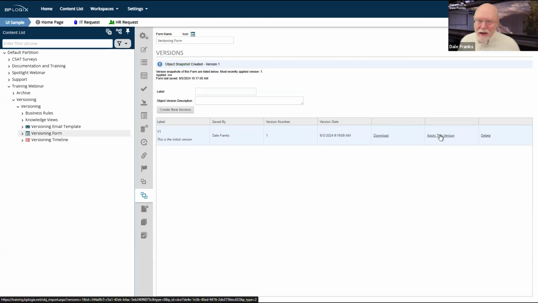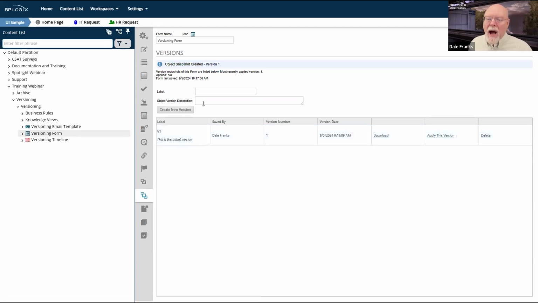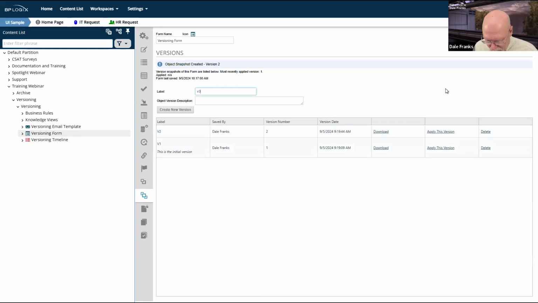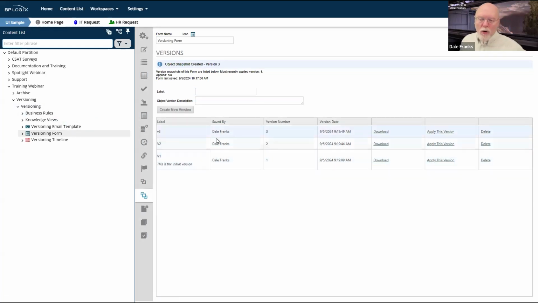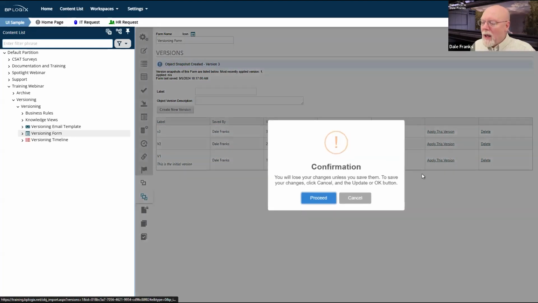Now, unlike the history tab, this is not a rollback. It's literally applying the version itself. And so I can have multiple versions. I can have V2. So let me just create a couple of versions just to create them. And V3. And presumably in the real world, these would all be separate versions that all do different things. And if for whatever reason V3 was a problem and I needed to go back to V2, all I have to do is click apply this